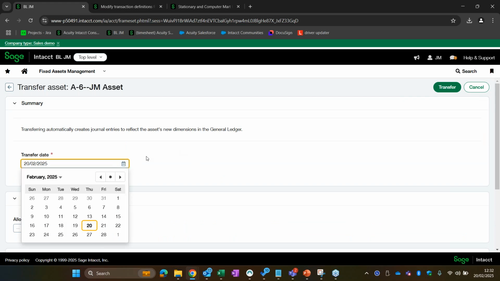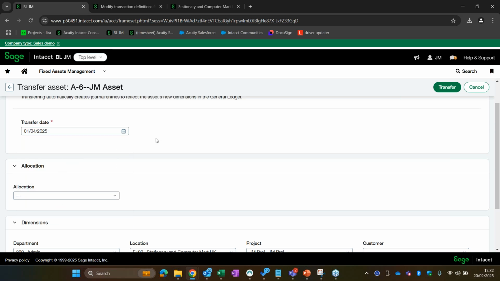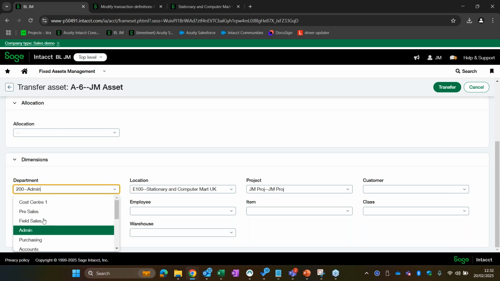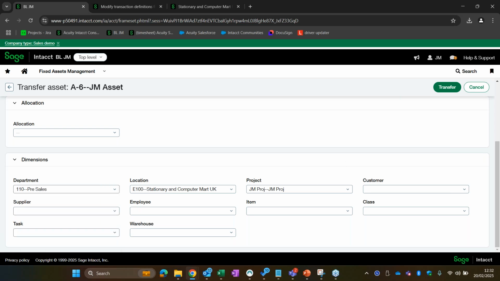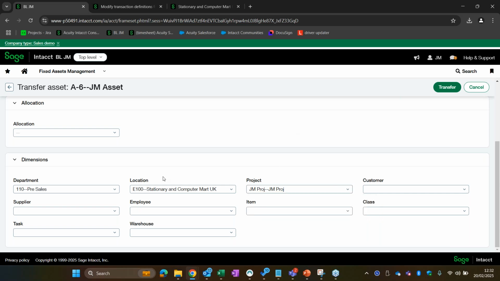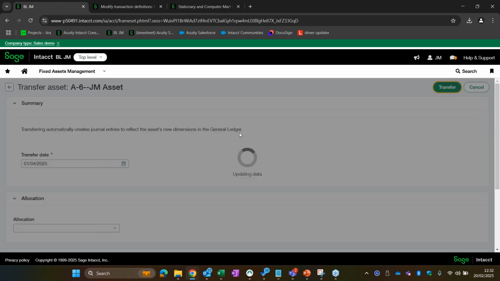So keep in mind, the date on the transfer does obviously need to be after whenever your last depreciation was. So if that was 31st of March, I need to at least post this the day after. So I'm just going to go for 1st of April. And let's say instead of admin, I actually want this to go to my pre-sales. And I might want this to go to a different project. They're all nonsense, so I'll just leave it as is. So I'll keep it as going to the same project, but I want it to go to a different department. So I've picked that department now. I've put in my transfer date, and if I just go ahead and click transfer,